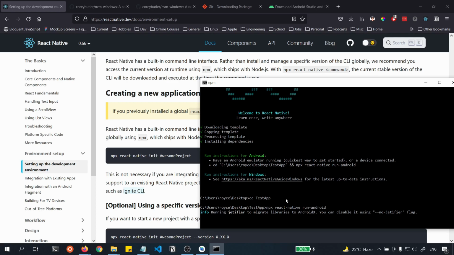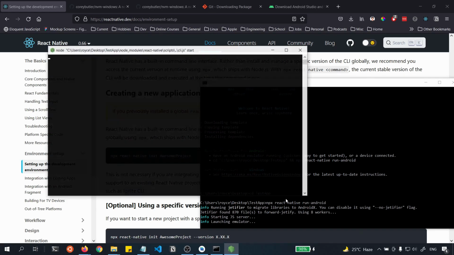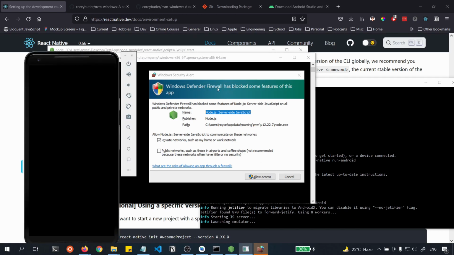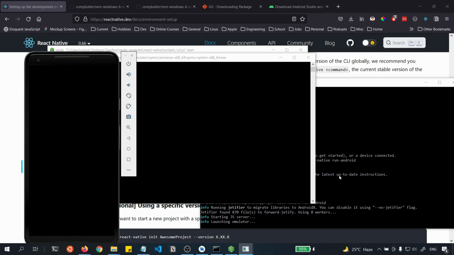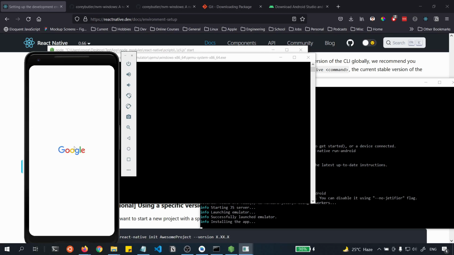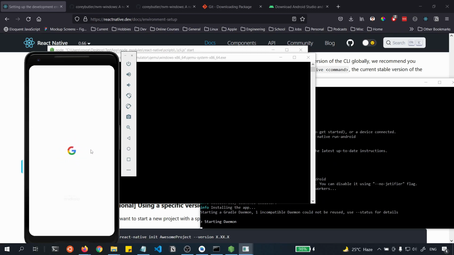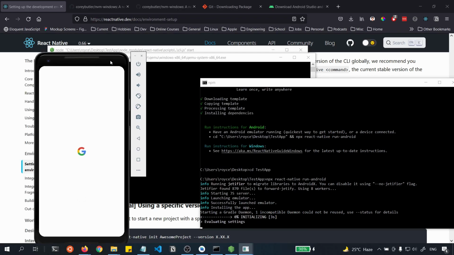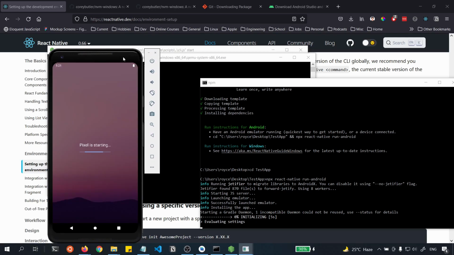This should build your project, and if you're prompted, just click allow access. And like I said, the platform tools that we have linked to the system path before will be used by React Native to open your emulator immediately,